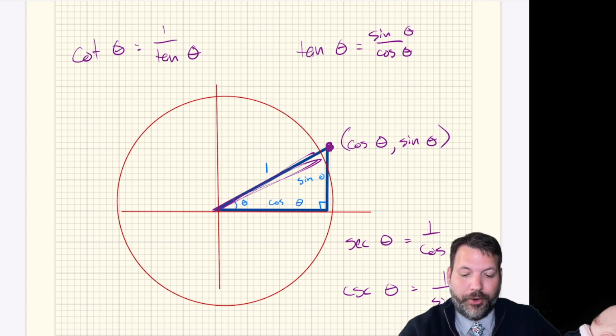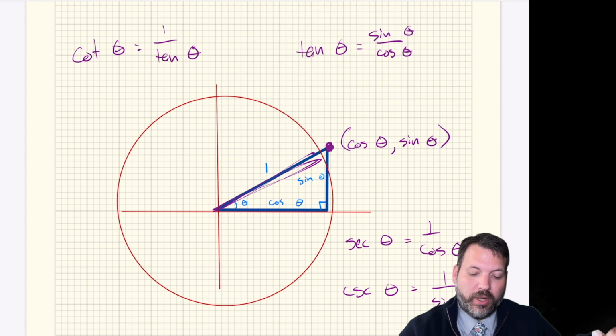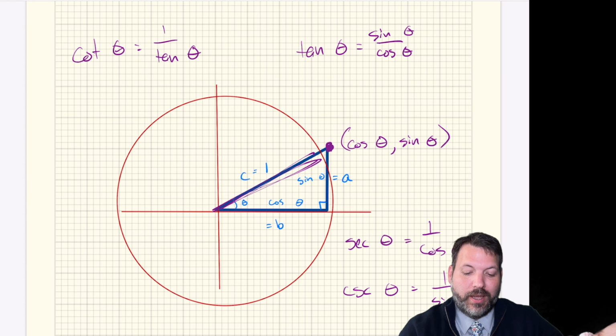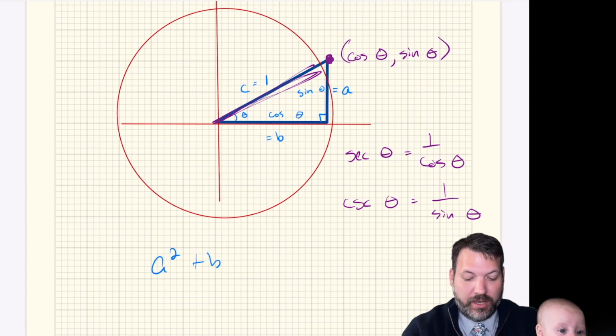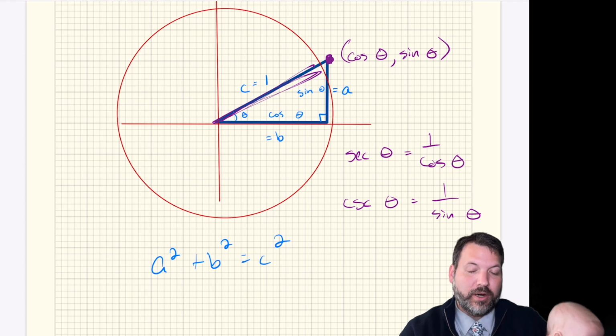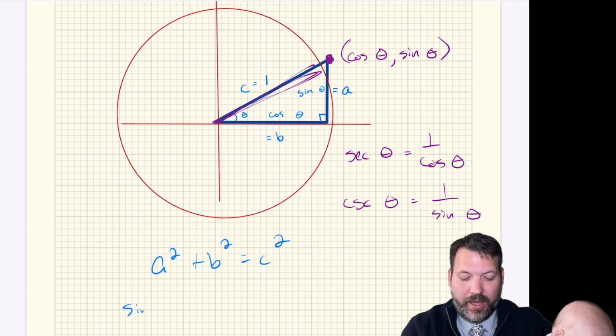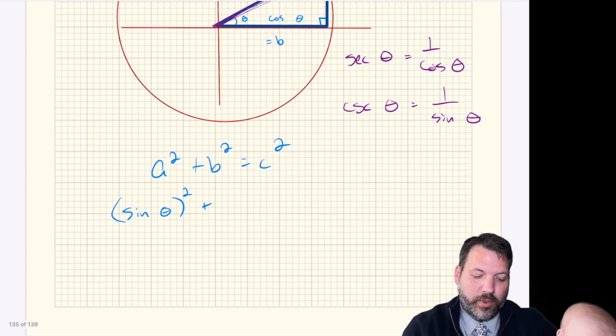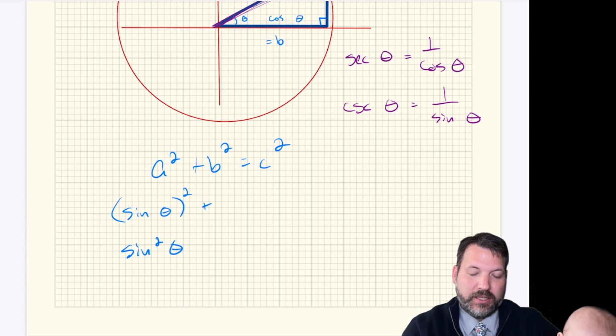And then also, a good teacher is going to help you realize, oh wait, so we said earlier, of course, this is a right triangle. We should be able to do an a squared plus b squared equals c squared kind of thing. And it's absolutely true, we can. A squared plus b squared equals c squared. But a, you'll notice, is our height, the y-coordinate on that right triangle. And so that's where we're getting the sine theta squared, which we normally express as sine squared theta.